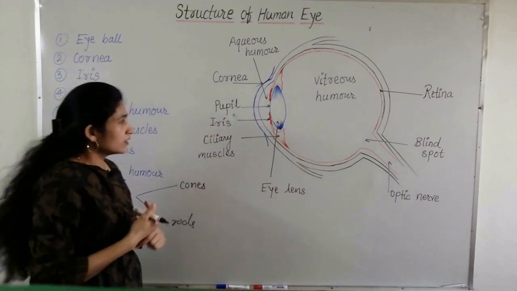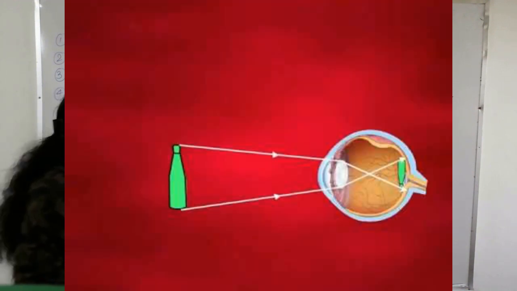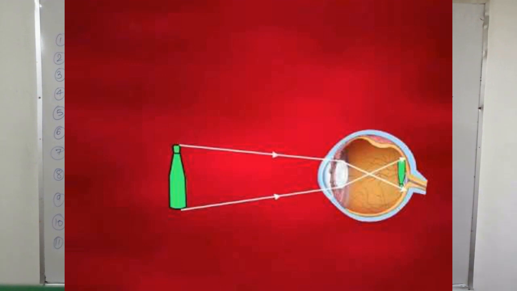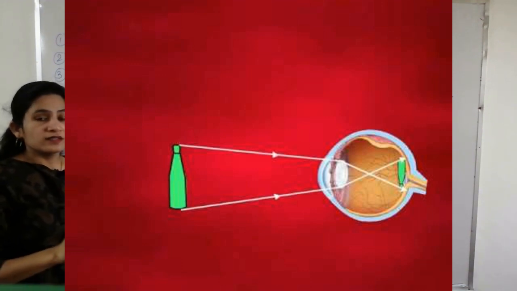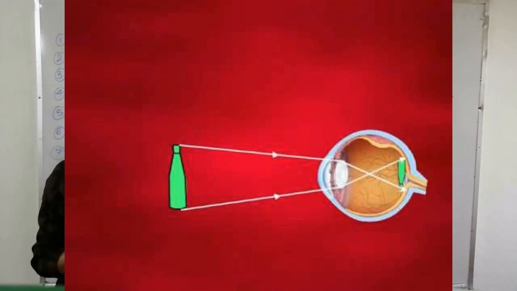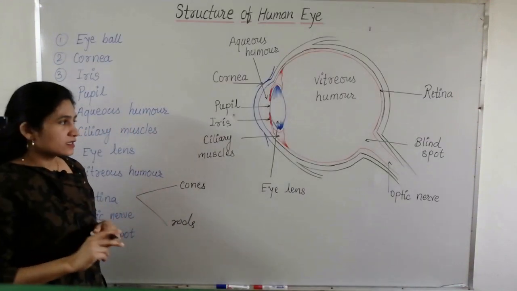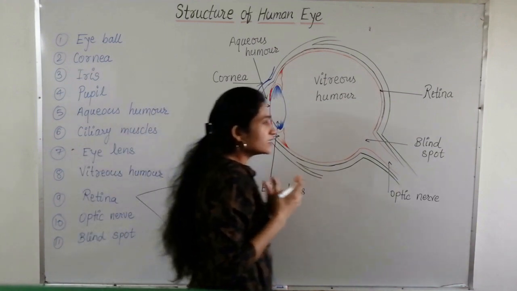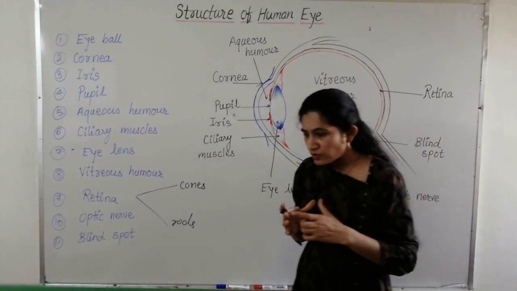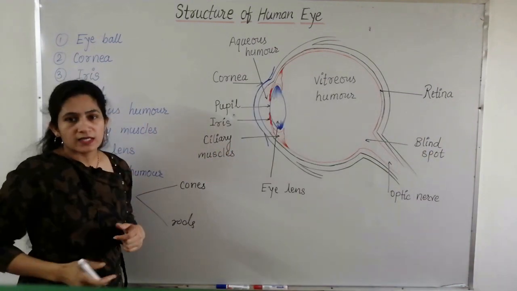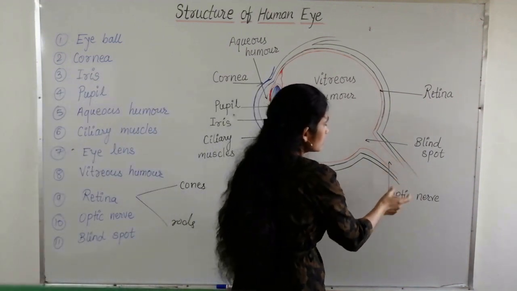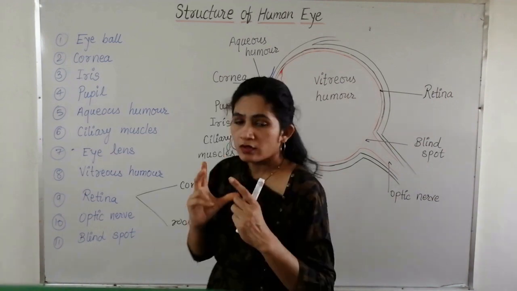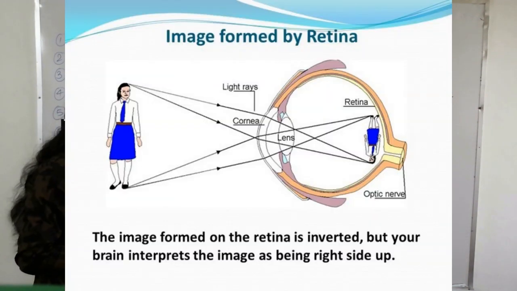See, the interesting thing in the case of the human eye is that the image formed on the retina of our eye is smaller than the object, and the image is inverted. Inverted means not straight. But then how can we see the straight object and also see the correct size of the object? This is because when the image is sent to the brain, the brain interprets the image as erect and of correct size.